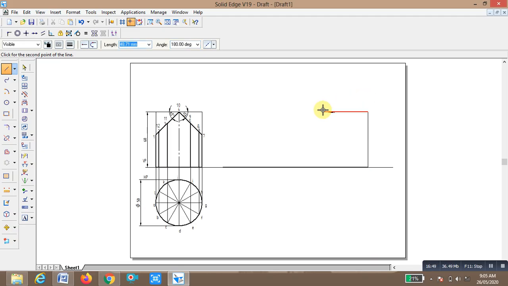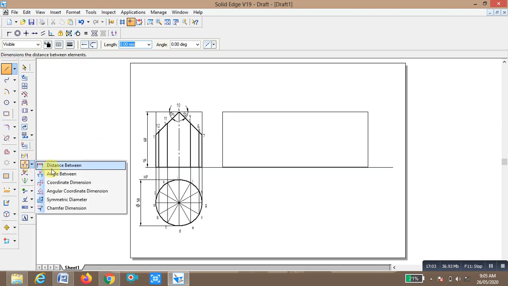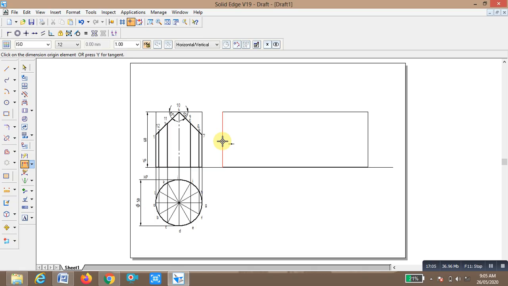The distance between these two lines is the circumference of the cylinder, 157.08. So the circle is divided into 12 sectors. We are going to know that: 157.08 divided by 12, we get 13.09.